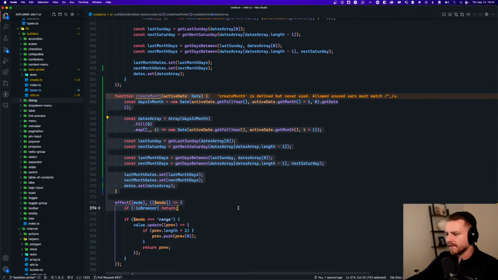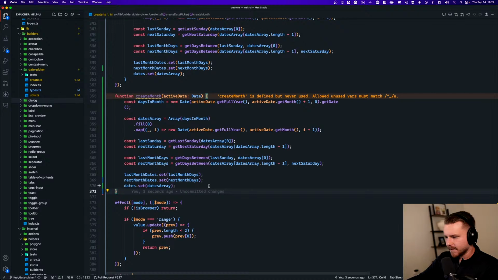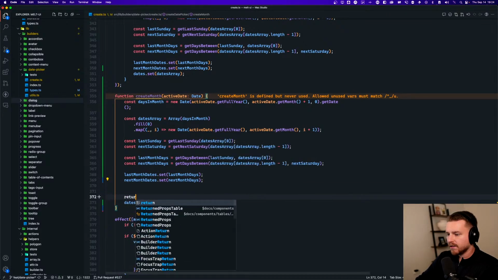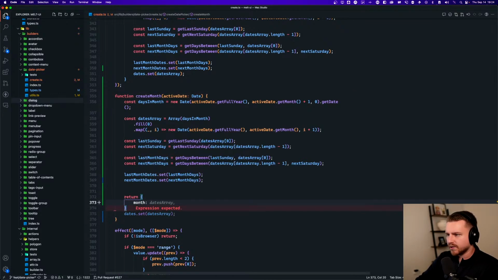Okay, so this creates a month. So I'm trying to break this down here. Rather than setting a dates array here, what we can do is return something. We can return the month. So we return an object which has the month, which is the